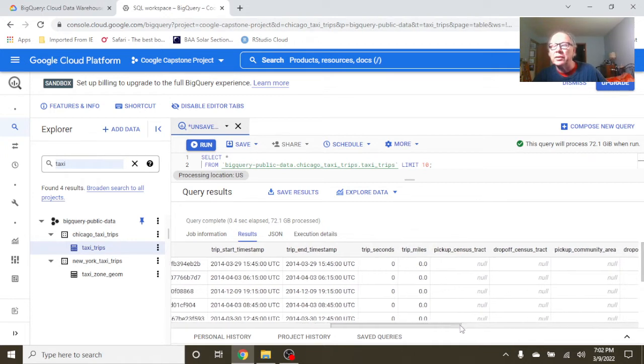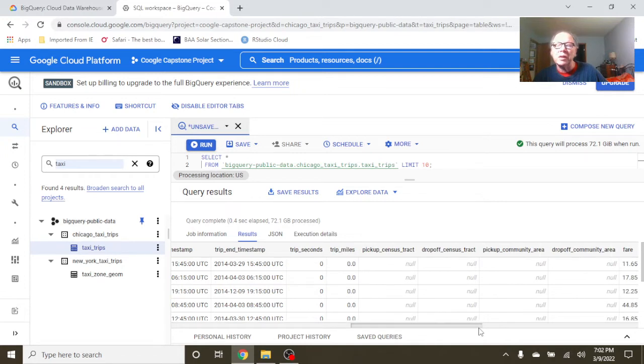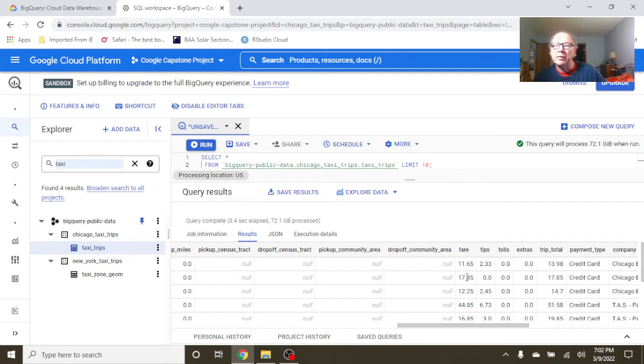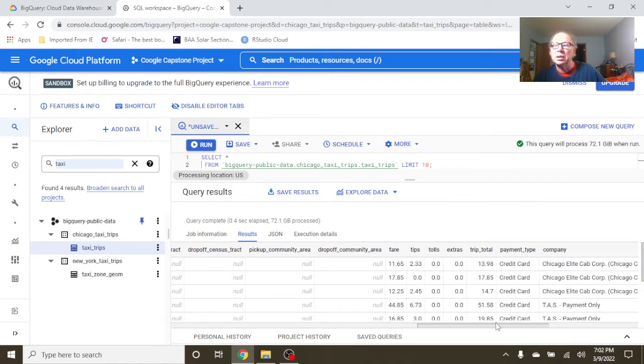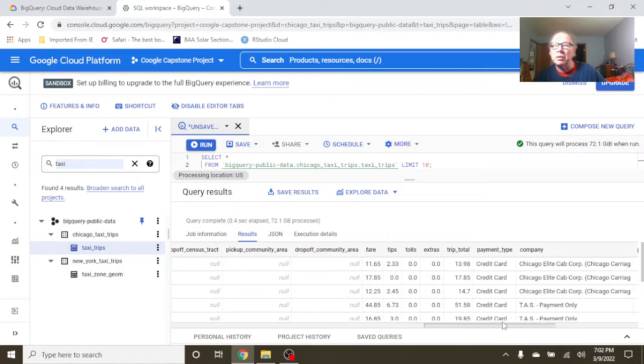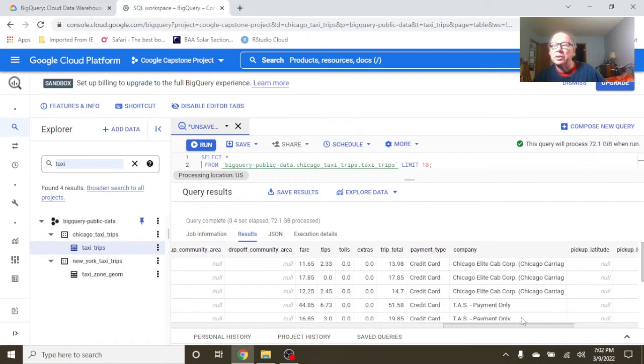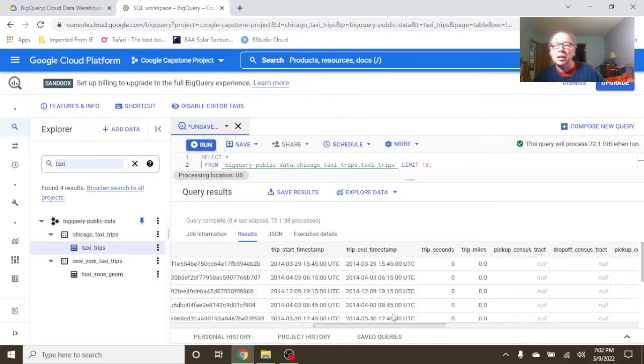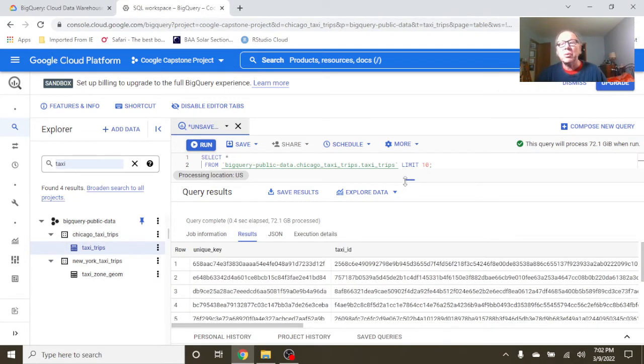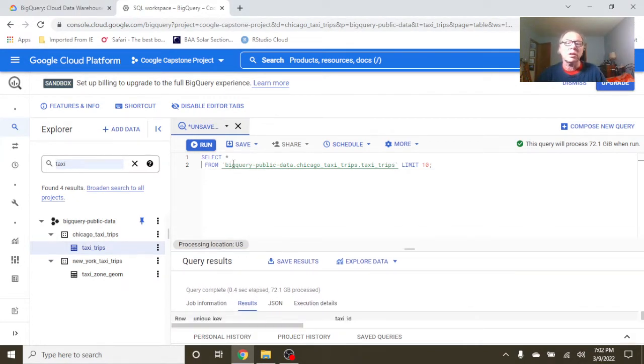Pickup, a lot of this stuff is null. It never hurts to check for null values and categorical variables like this. The fare, 1165. The tolls, credit card was used, trip total, cab service used. Okay. And now we're going to come back up here, and we're actually going to start up here with